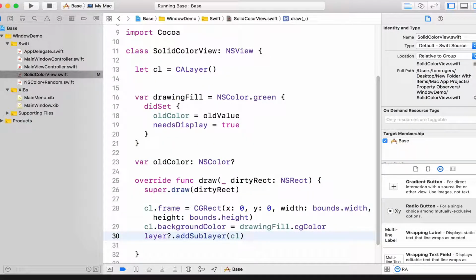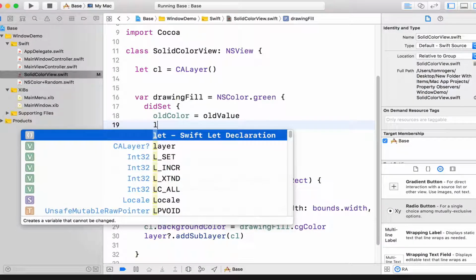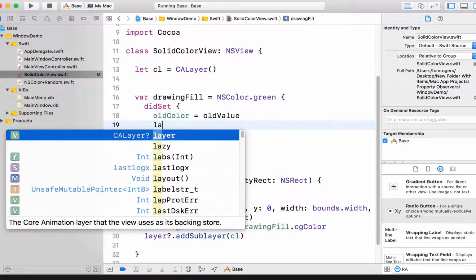In terms of updating the display, every time the property is set, we don't want to say set new display anymore. That's a view method, but we still need to tell it that it needs to update itself. So the equivalent of that for layers is to say that the parent layer, so layer